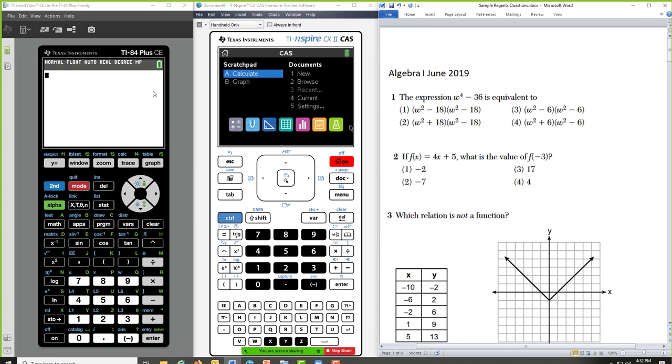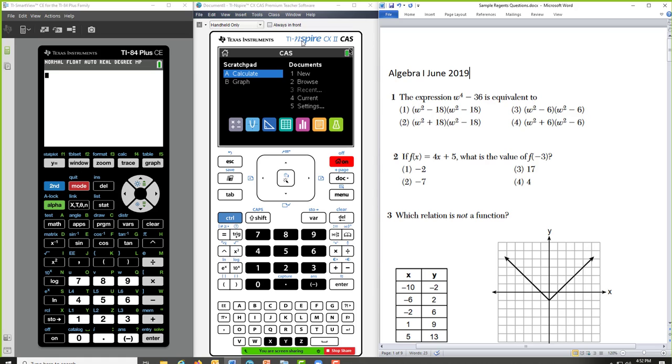I have my TI-84 Plus CE, my TI-Nspire CX2 CAS. So also last spring, Texas Instruments released a new model. And I would never dare do a presentation on CAS in New York State because it's not acceptable unless there's a way to restrict CAS.